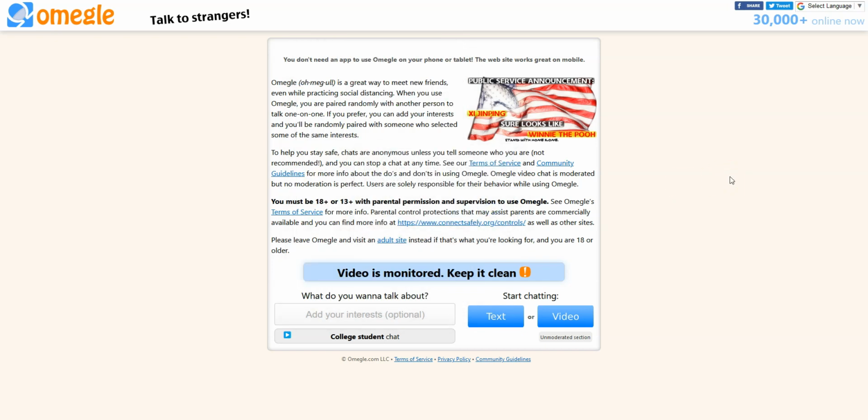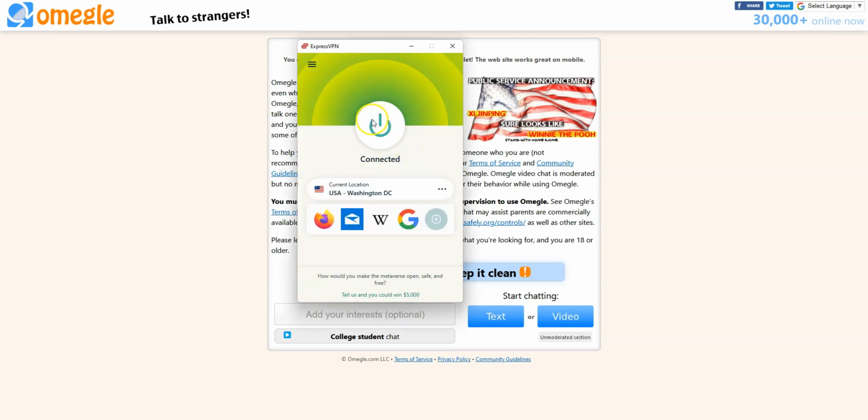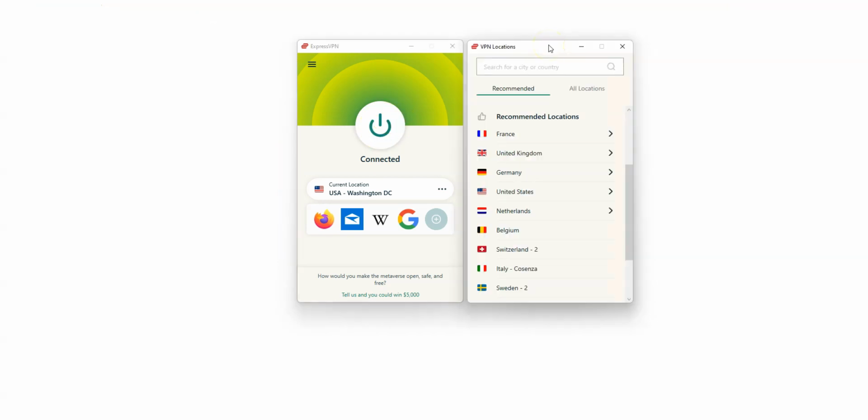Here, we don't see the app anymore, but the VPN is still active. It will remain active until I press this button. Once you don't need to use the VPN anymore, you may deactivate it by pressing this button. I showed you how to do it from a computer, but it's the same principle if you're on a smartphone